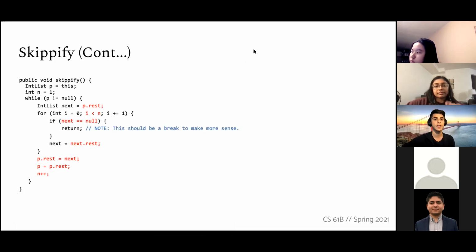Hopefully that made sense. If you guys are still stuck on this, I highly recommend you come back to this and draw it out. Drawing it out always helps. But last element is null. All right, cool. I will leave Anjali to answer the questions, and I will move forward because we are running